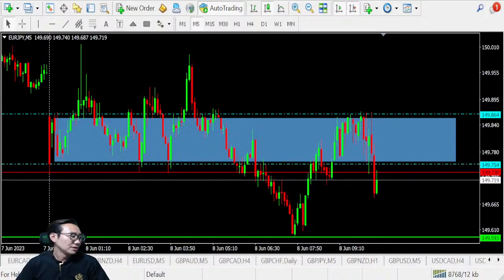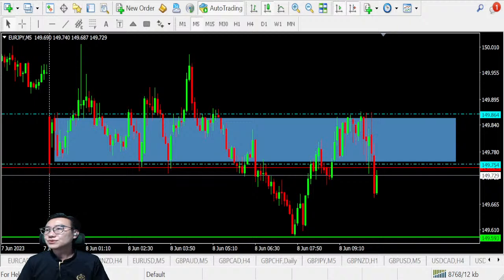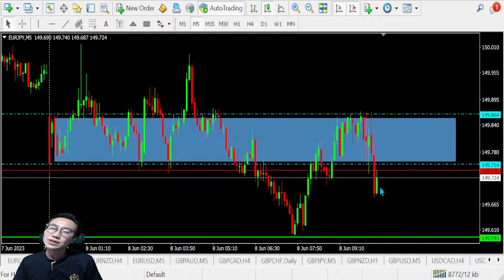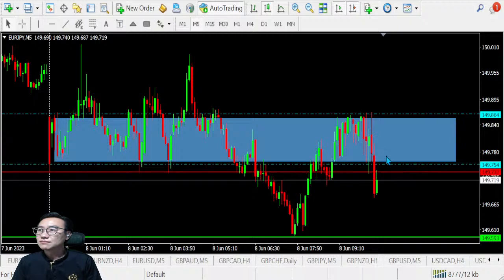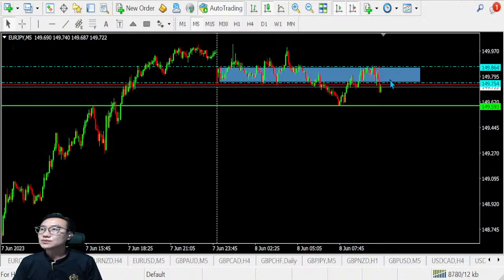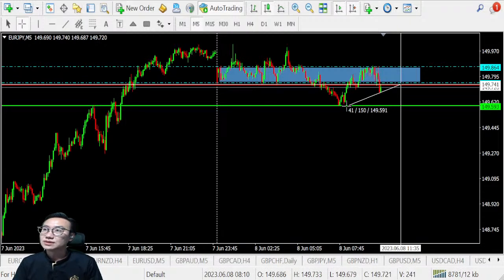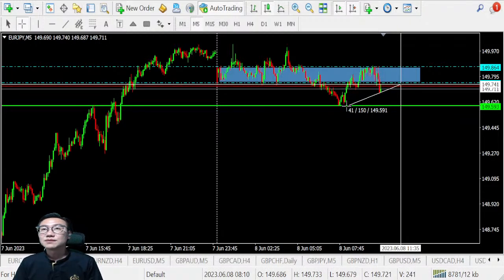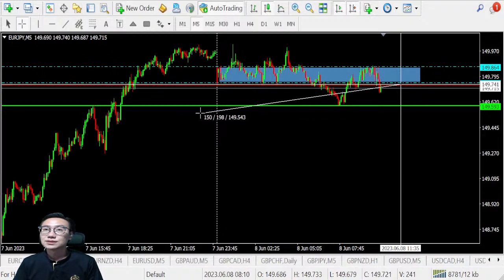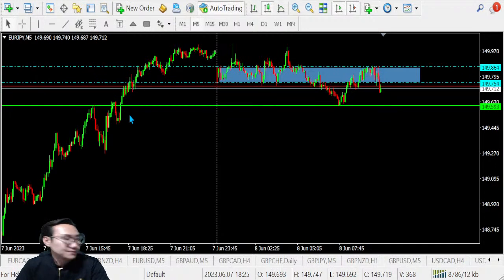Euro yen, I'm waiting for. Okay, let's talk about the plan for euro yen. We are going to test into this area before it forms another new resistance down. If another new resistance forms up, then likely we're going to test into this area of support, about 15 pips. If this 15 pips is able to break, then we should be looking out into this area of 24.